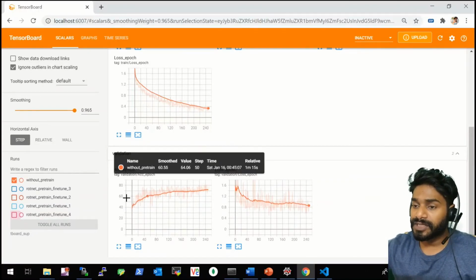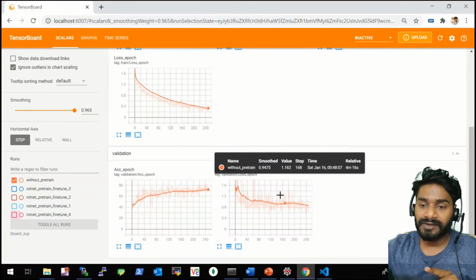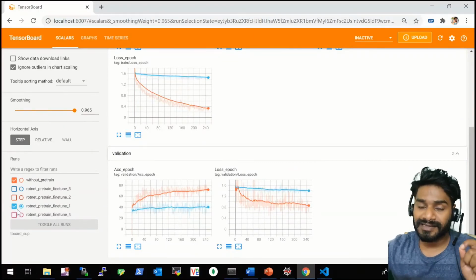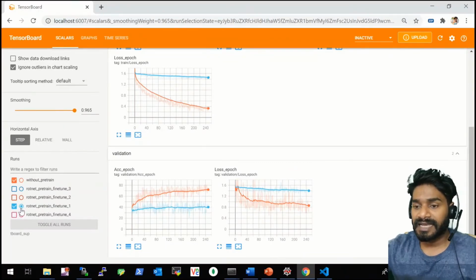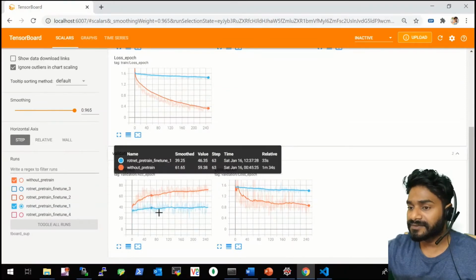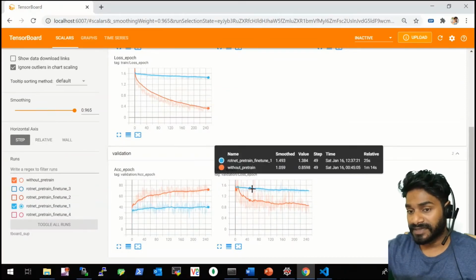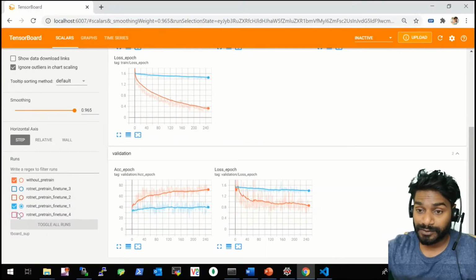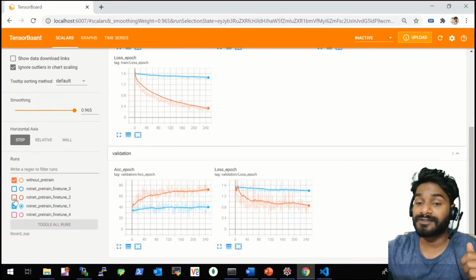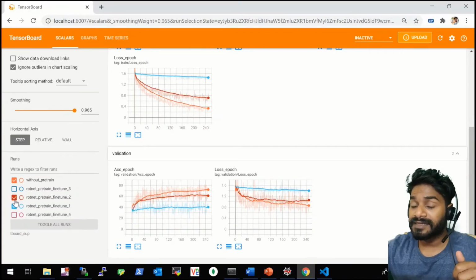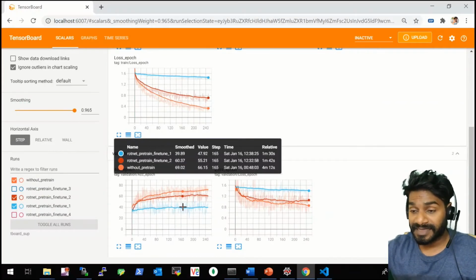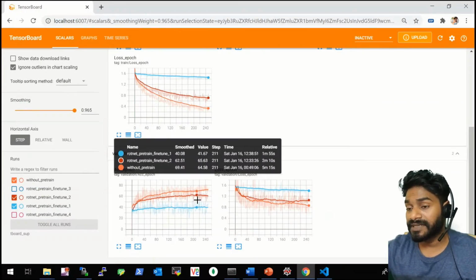This is the model without any pre-training. Then I will do a RotNet pre-train fine-tune 1. That is just fine-tuning the last layer, the classifier layer. And I see that the accuracy is bad. The loss is also bad. Now I do another experiment where I fine-tune the last conv layer as well. That was RotNet pre-train fine-tune 2. And here I see it's better than just fine-tuning the classifier layer, but still not better than the